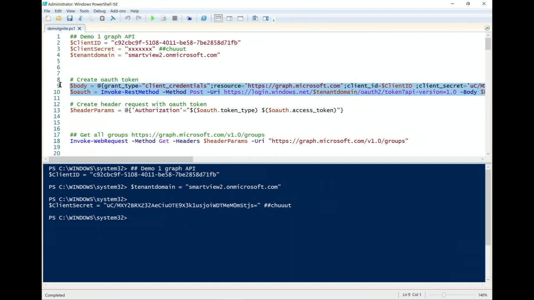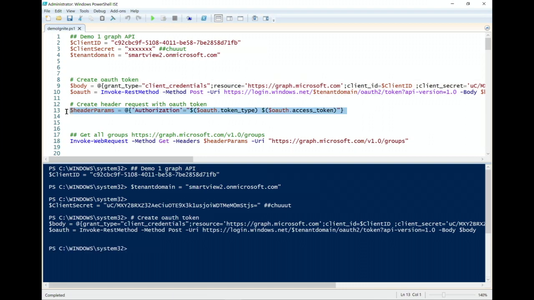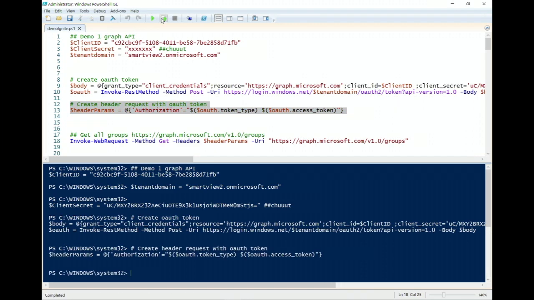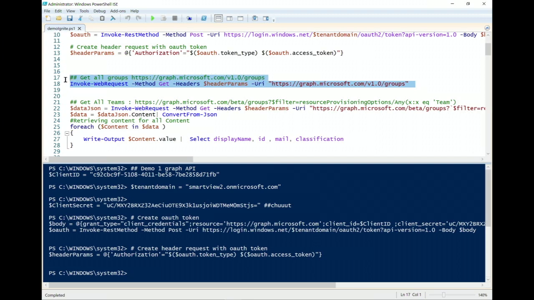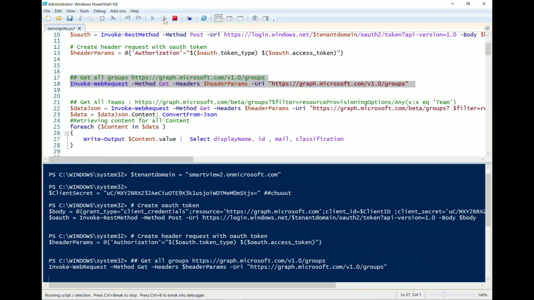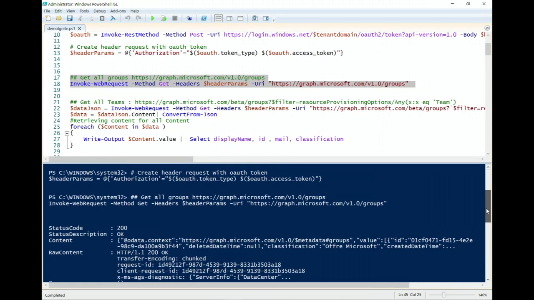Okay, so I create my token with this command, which logs in to Graph and to my tenant. I will create my headers like this, and then I can invoke my groups. So this is just the call to invoke my groups in PowerShell. So it gives me the answer of my different groups.